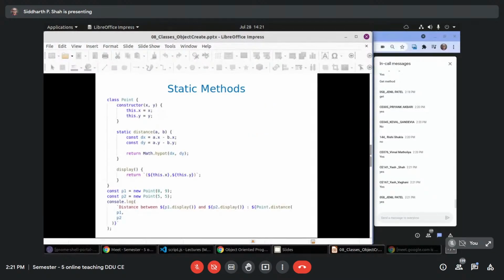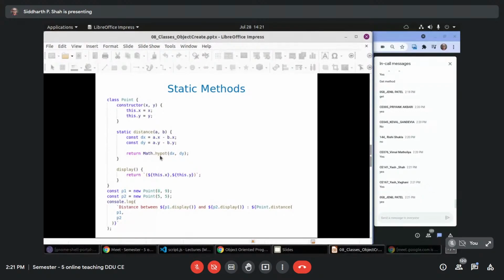See here. I have one class Point which has one constructor which sets properties x and y. It has a static method with parameters a and b. How does it find the distance? Constant dx equals a.x minus b.x and constant dy equals a.y minus b.y, and then it is using a mathematical function.